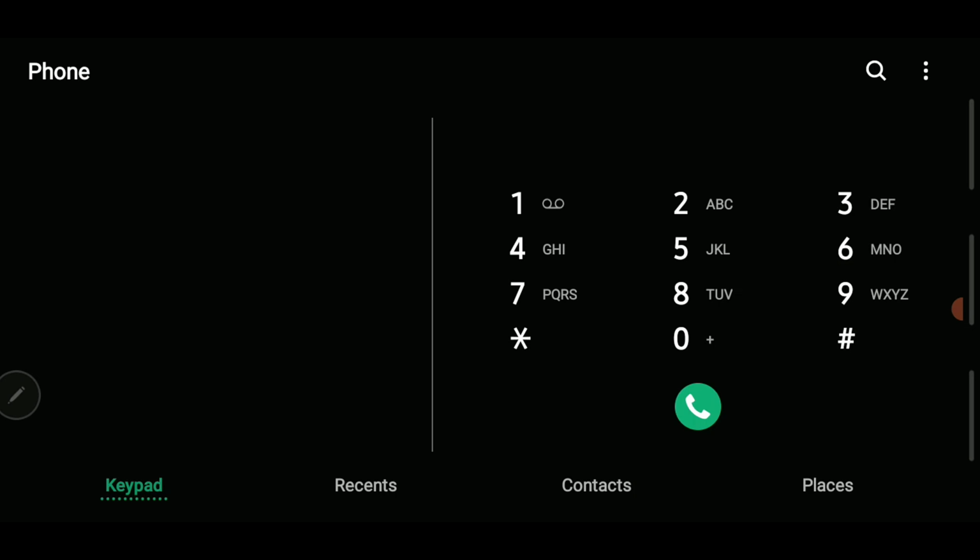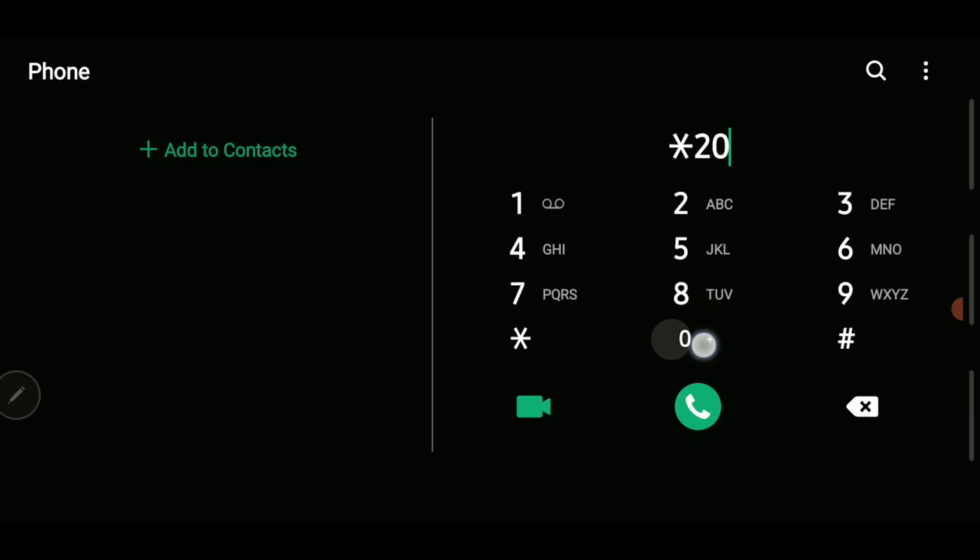Before that, there are two options in here that you can follow to make a call bundle on Telecel. One has more minutes than the other, but I'll be doing both in this video. So the one that you prefer, you choose that particular one. The first one that we'll be doing is the Vodafone Red offer. With that one, dial the USSD code